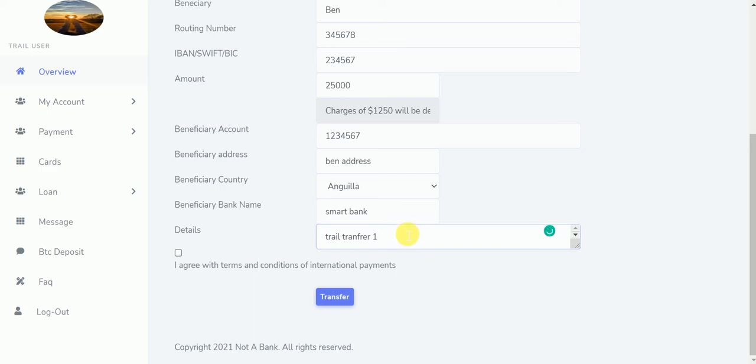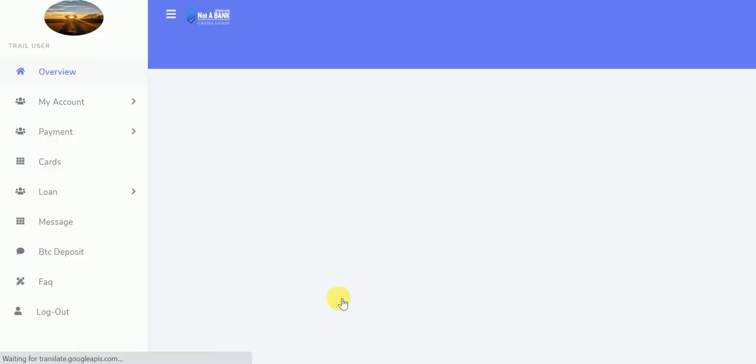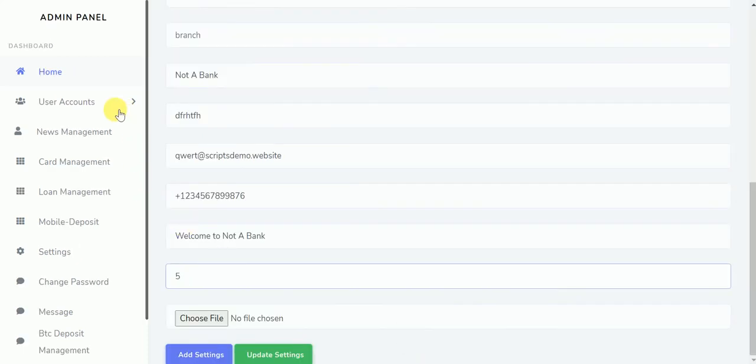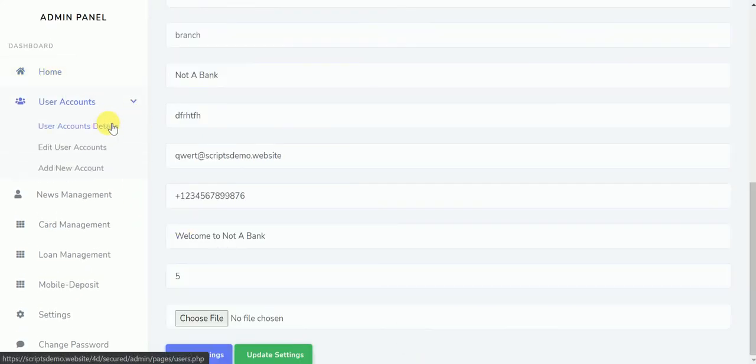I don't know if I spelled that correct. Trial transfer 1. Then I'll agree to this and I'll click on transfer. Now you can see transfer process 30% complete. We have to enter the COT code. Now if we come to the admin for that user,